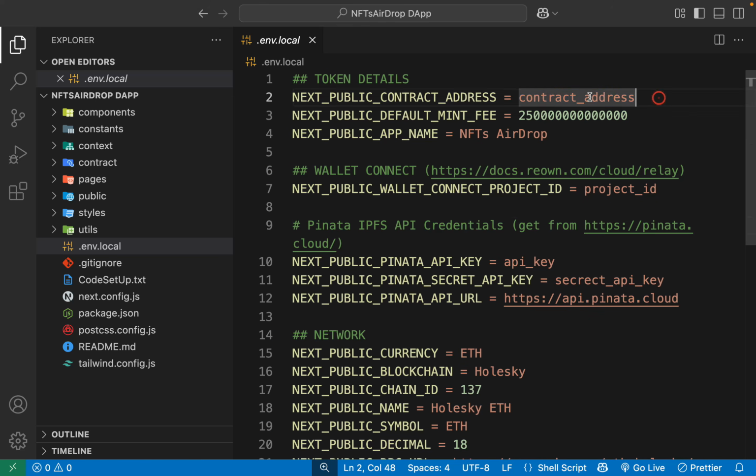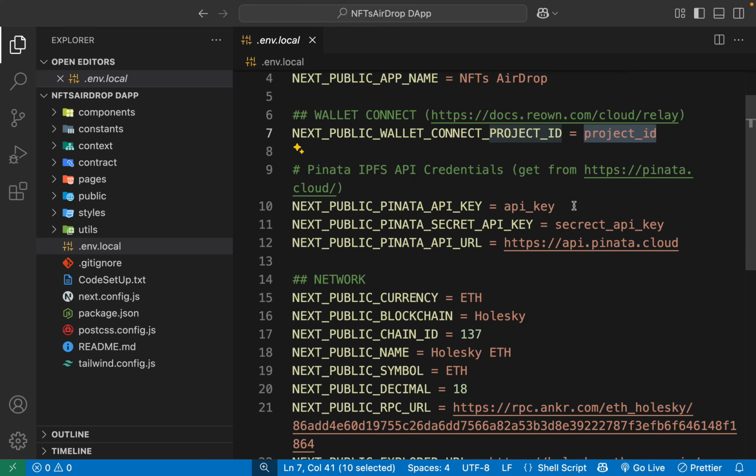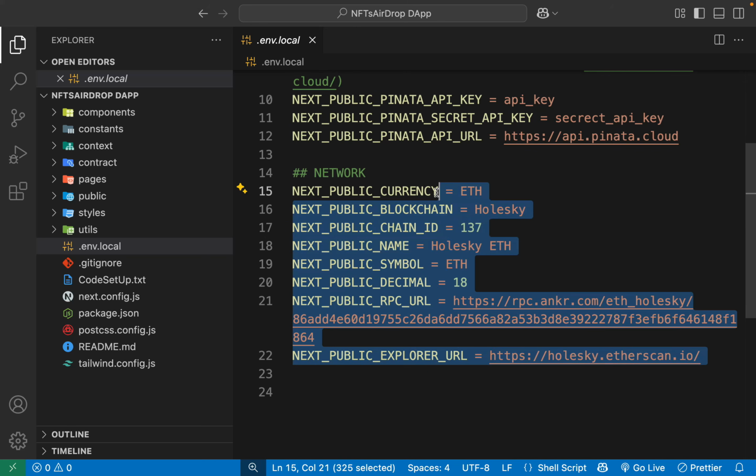So you have to provide your contract address. You have to decide how much money you're going to charge when the user will mint the NFT. Here we have the name of our application. Here you have to provide your project ID, so it will allow us to communicate with multiple wallets. And here you have to provide your Pinata API key, secret key,